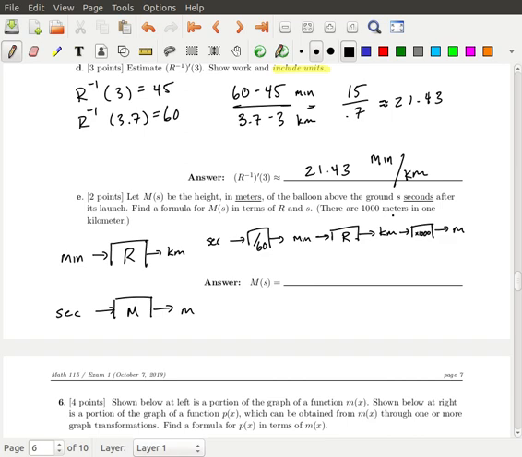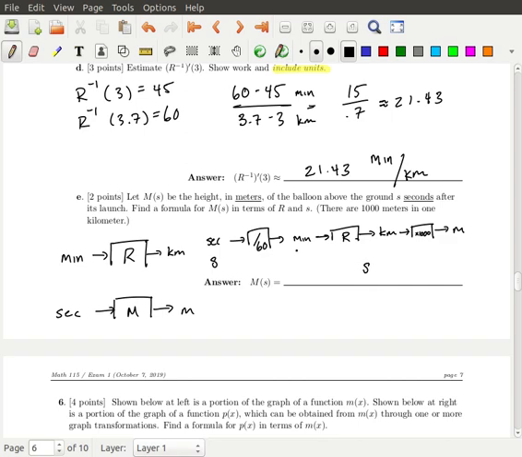I would apply the r function to know the height in kilometers, and then I would multiply it by 1,000 to know that height in meters. So m is really these 3 functions composed together. How do we write that down formulaically? We would take our seconds, s,